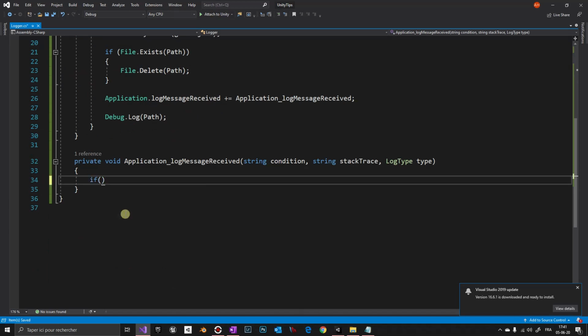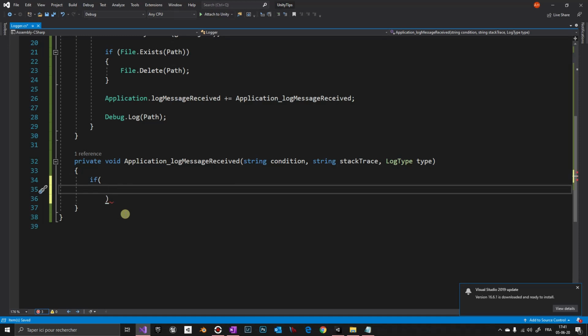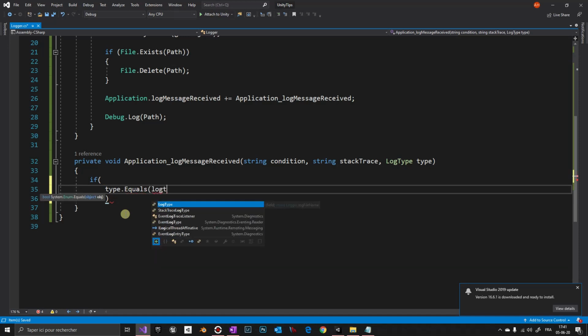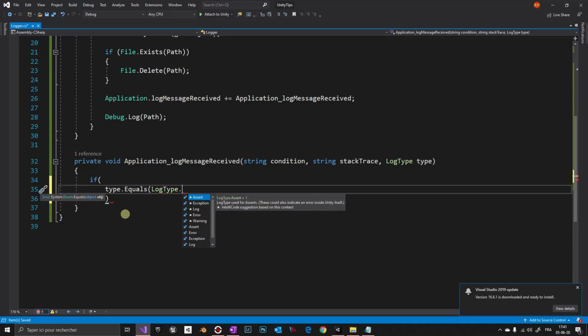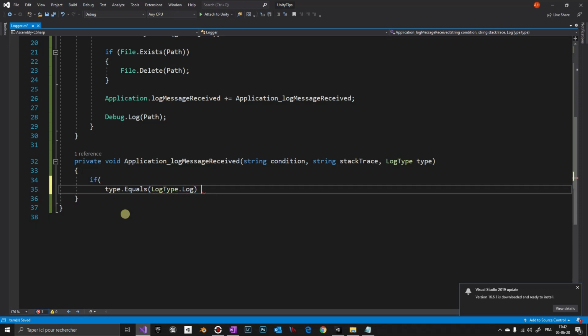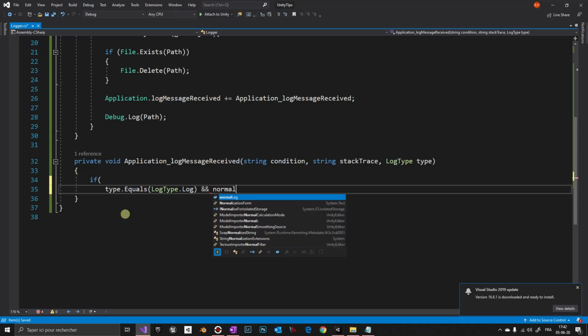If the type dot equals to log type dot log, so this is the normal one, and normal log is true,